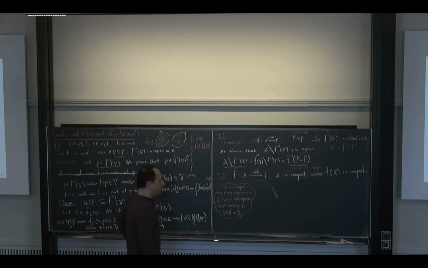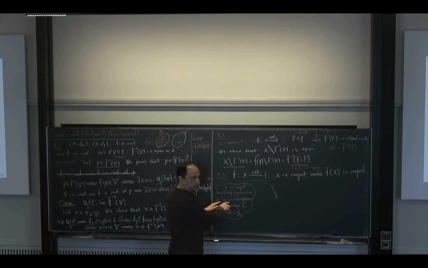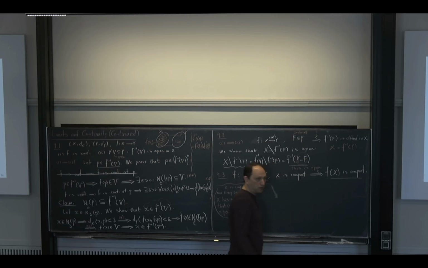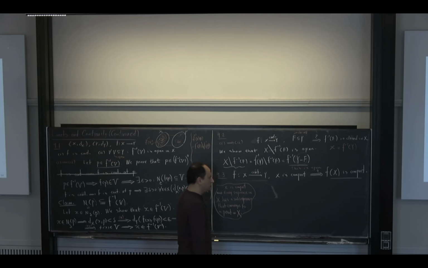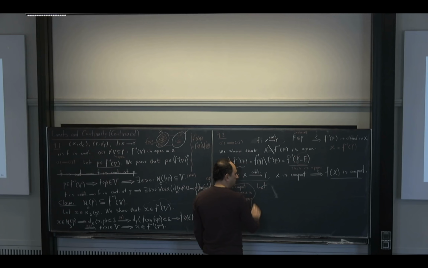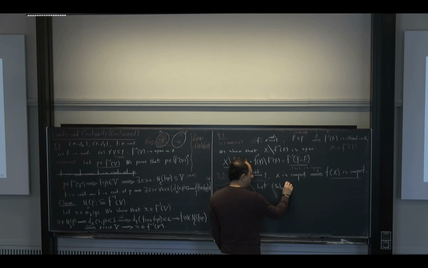Okay, so if I want to use this one. In the notes, you can see the original way. Okay, so if I want to do it in that way, my target is to prove that this is compact. So what should I do? I would say let Yn be a sequence